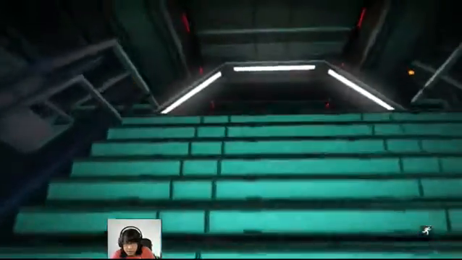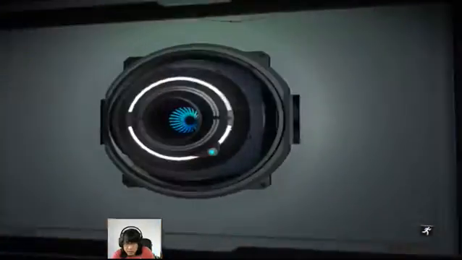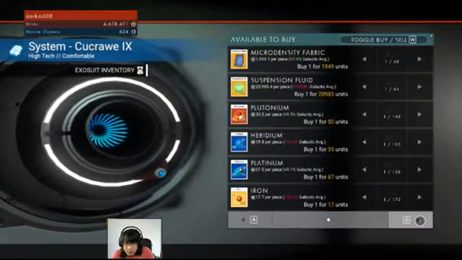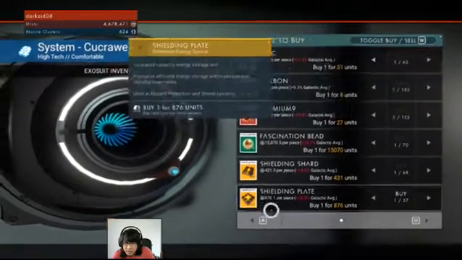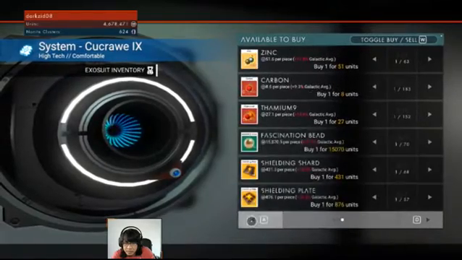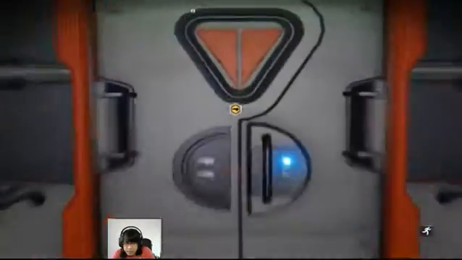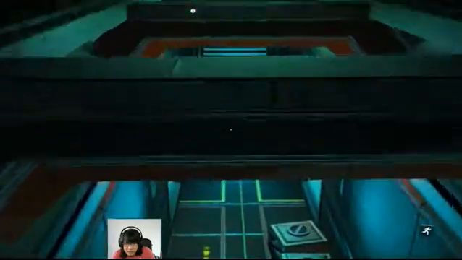So let's see. Let's check the trade terminal. So let's see, I hope there's zinc. There's 63. So I think this is not enough. So I think what we can do is, yeah, let's choose the lush moon and then gather some zinc if there's some,